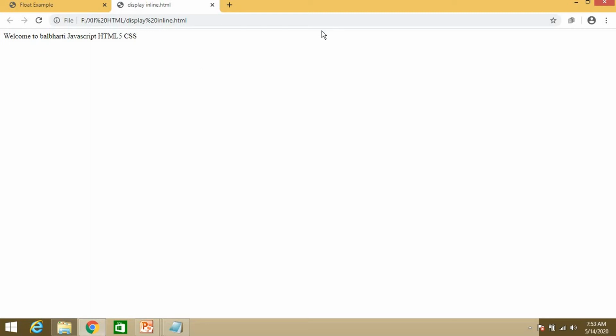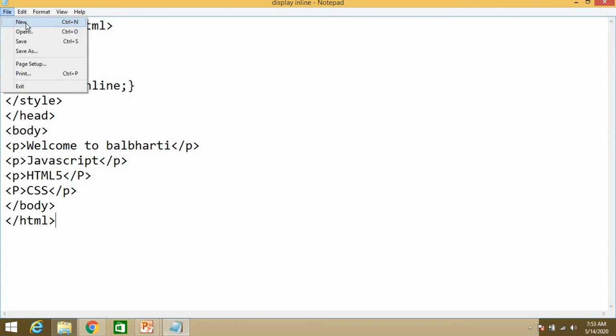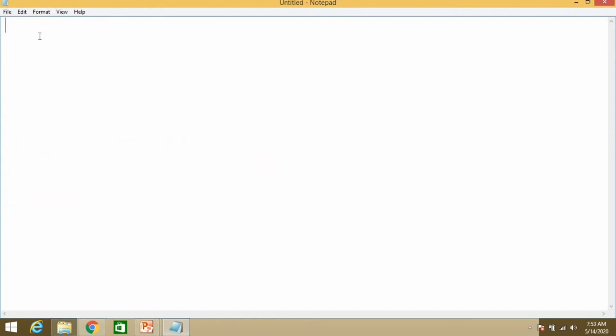Okay, let's have another example related with this display property. So let's have a new file over here. Here I am going to use display block. So let's see the example of the block property. Doctype HTML, then we have, somewhere you will find this also, html lang equal to en.